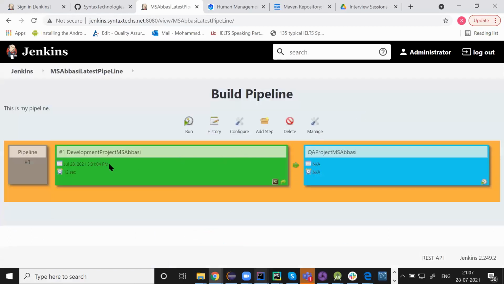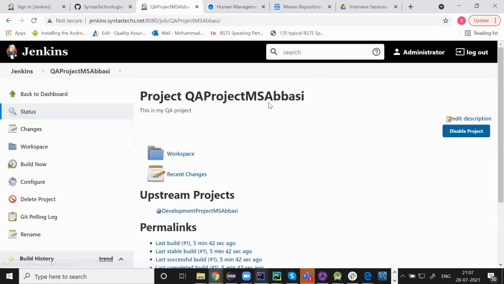Now my pipeline looks like this. Development project and then QA project. These two projects you can see I have. Now I will go inside my QA project. Fine. Let me open my QA project here. I'm going to configure my project,